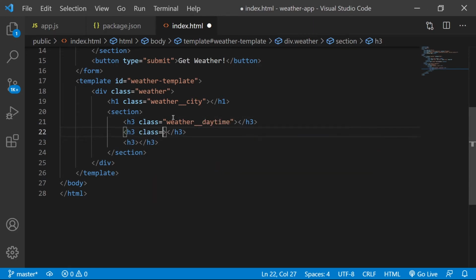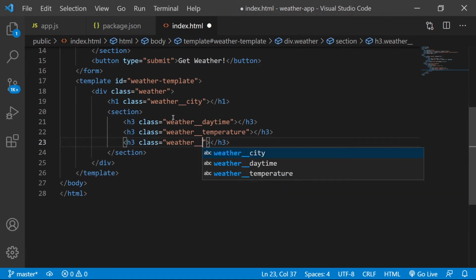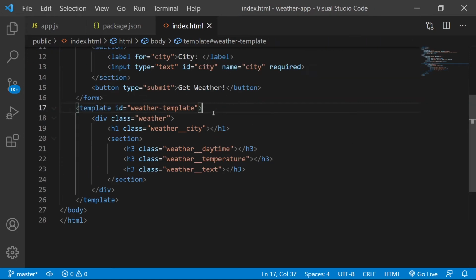Let's call this one weather, what was the other one? It was temperature. Weather temperature. And then weather, oh wow, I cannot spell today. Weather text.